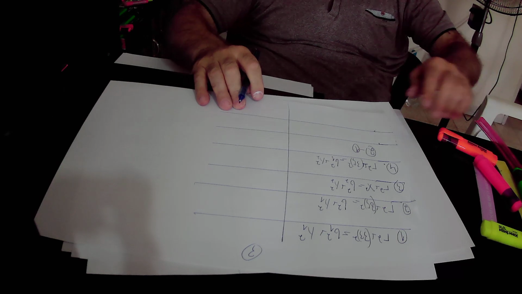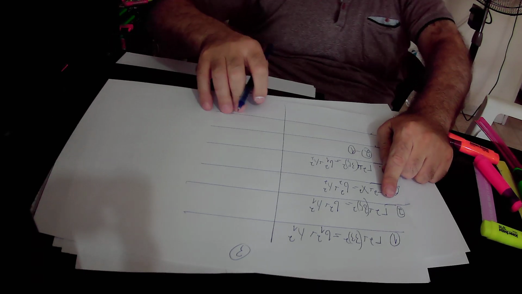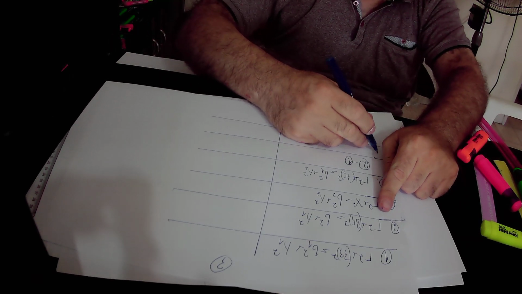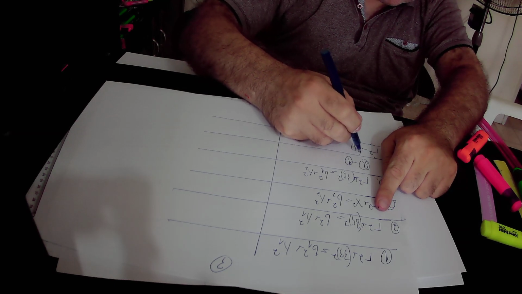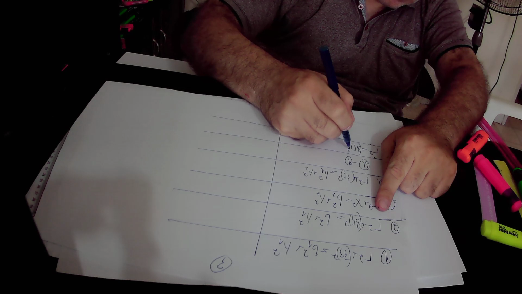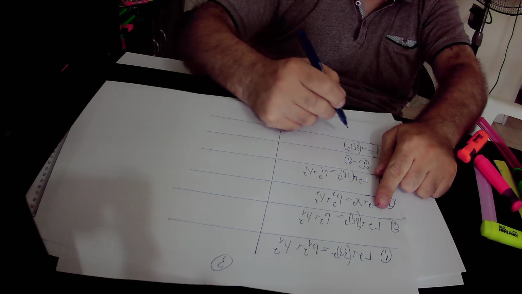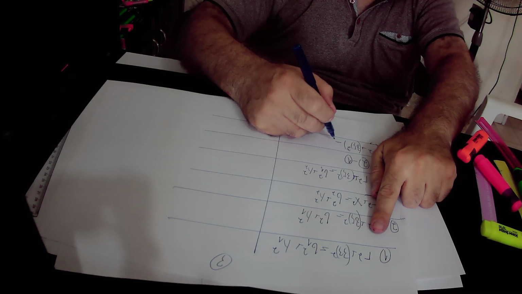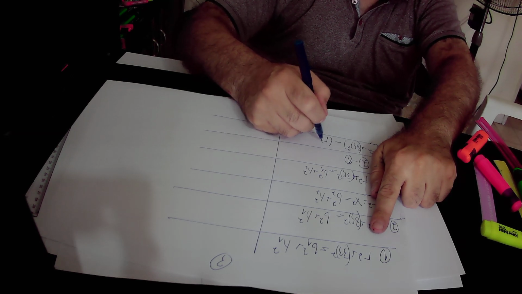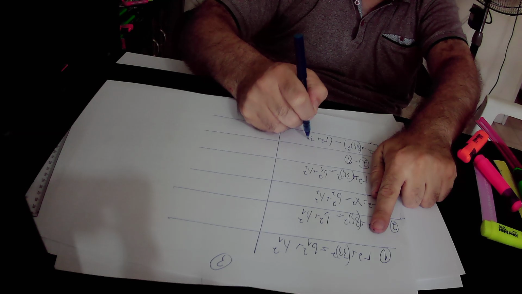In equation number 2, in this side of equation number 2, we have r squared plus 85 squared minus equation number 1. In equation number 1 we have minus r squared plus 33 squared,